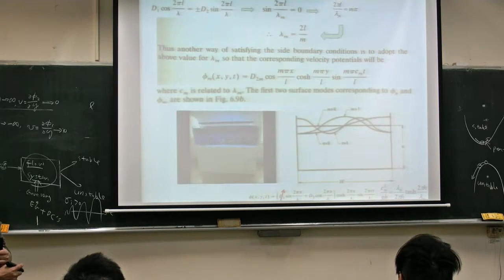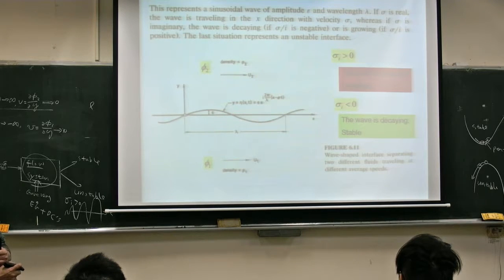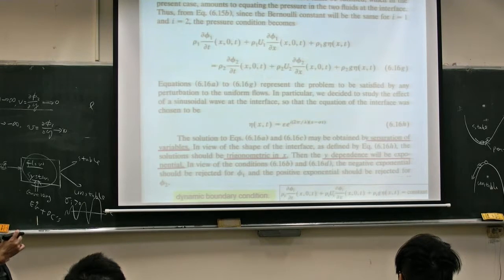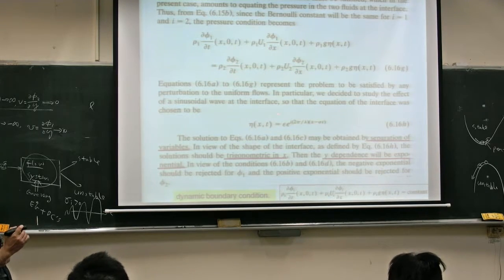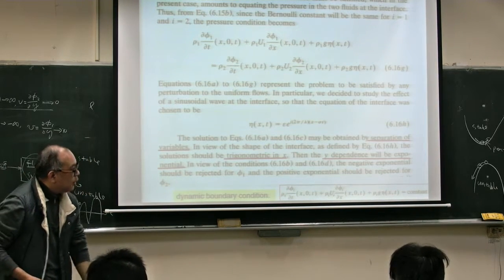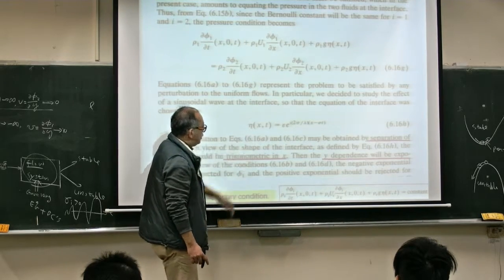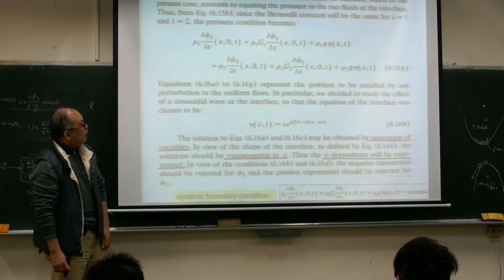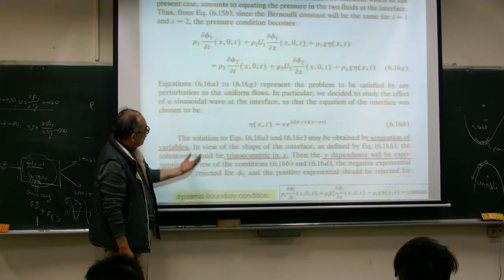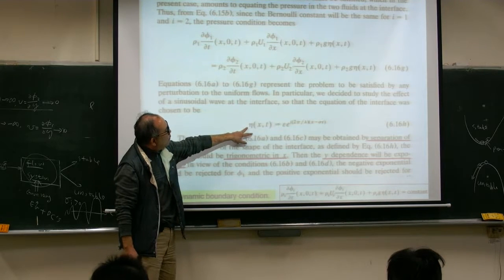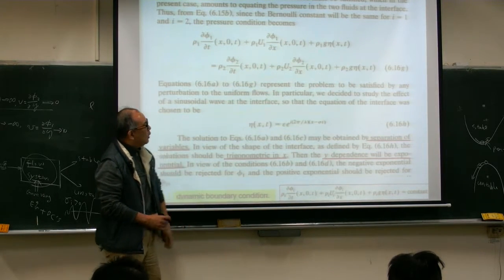We go back to our this. So we introduce this small perturbation into this flow system and try to evaluate what's the flow field inside this flow system based on this small perturbation at the interface. Okay, and here we can start from trying to guess. As you can see in the textbook, this is our perturbation at the interface, and what